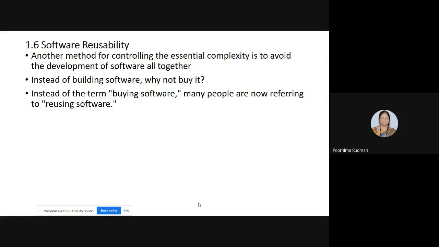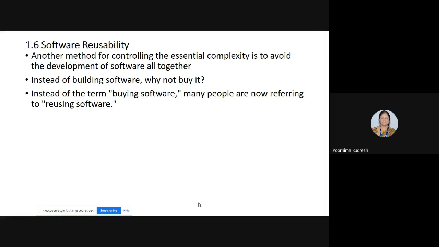And so that is one case. Instead of building the software, we can buy it from other developers and make use of it. One more term that comes up in software development is reusing the software instead of buying it again. Some software you already purchased, and you can reuse the same software in other application development rather than buying again and again. That leads to reusing of the software, or reusability.